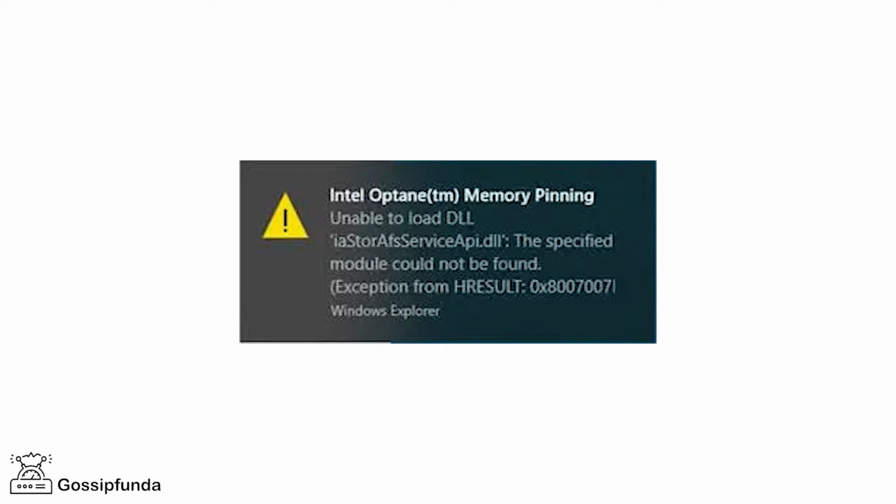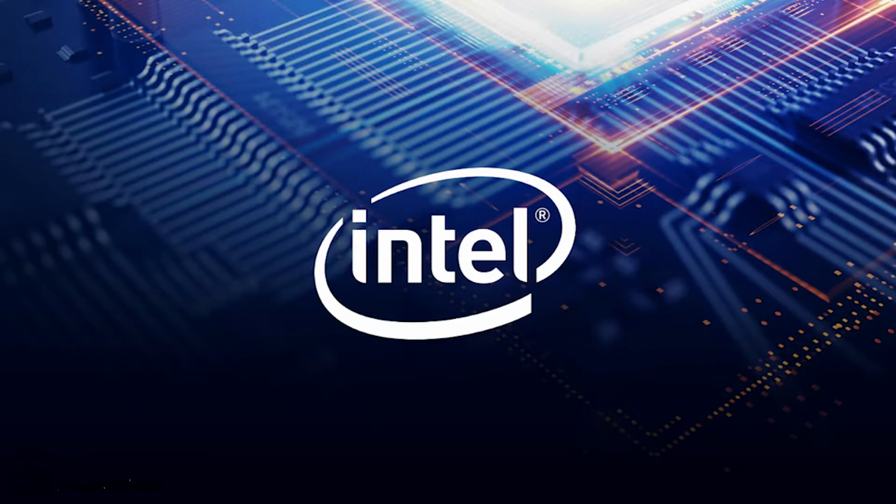Hello people, today we will look at how to fix memory pining, unable to load DLL